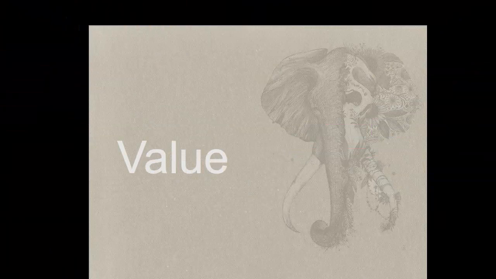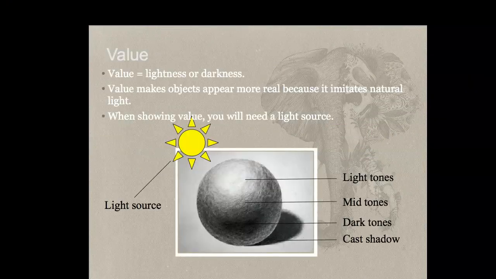Now, value. Value is very important. Value is referring to the lightness or darkness in our artwork. It's what is used to make objects appear more real, because it's imitating the natural light. So it's really important when we're working with value in our artwork to think about where our light source is coming from. So if the light source is coming from this top left hand and is shining down on our orb,